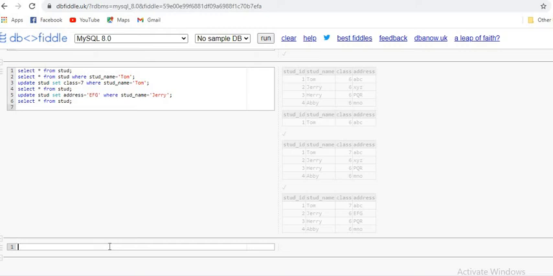Now say I want to add one more column. We have learned how to update a cell or a row by using the update query. But if you want to add one more column, like an attribute, what query do you need to use? For that you have to use the alter query. So for a row you have to use update, and for a column you need to use alter.